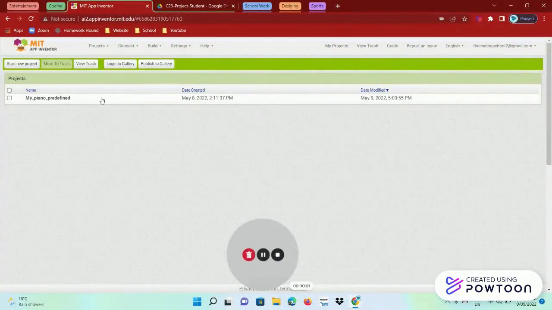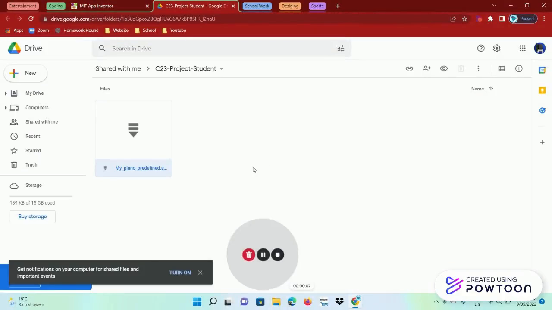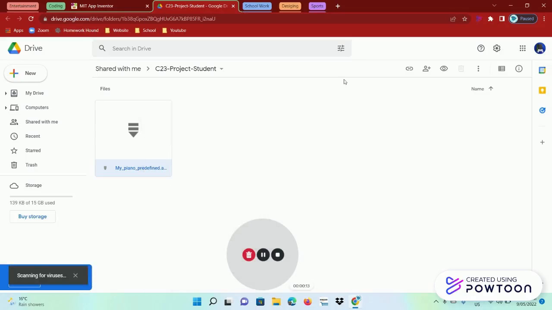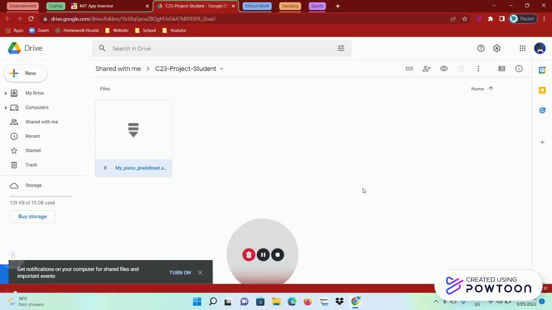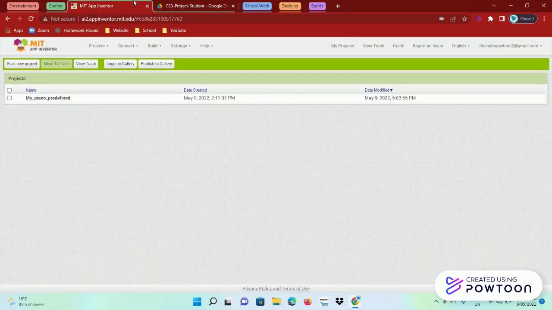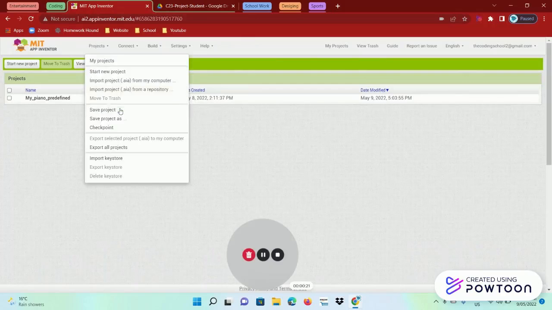Today we'll be making a piano app. So first we'll need to get a Google Drive file, link in the description. You have to download it. I've already downloaded it before. So you just download it, import project